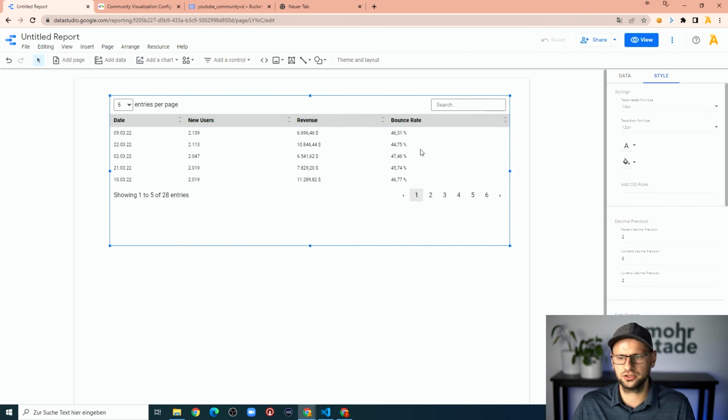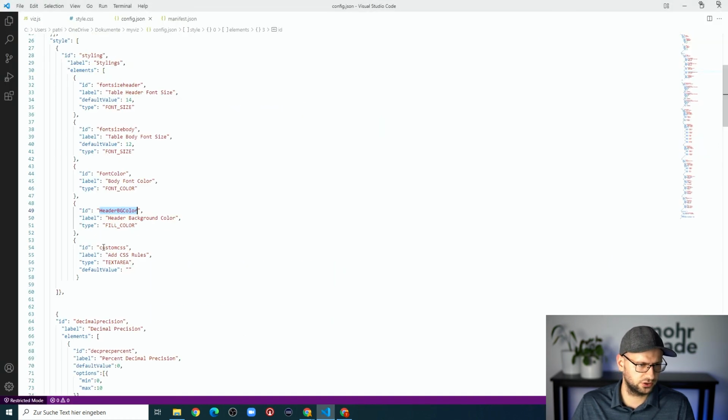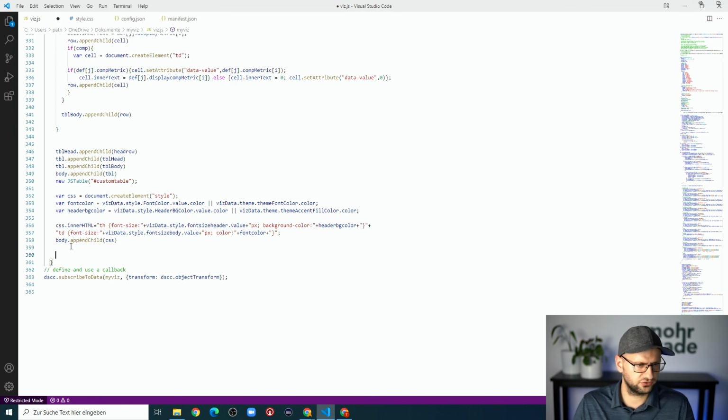Okay, last thing is the add CSS rules. So if we want to insert any CSS, we should be able to do these as well. This is pretty easy. We just have to go into our code, check the name of the CSS field, which is custom CSS. And then we create another CSS field. Let's name it